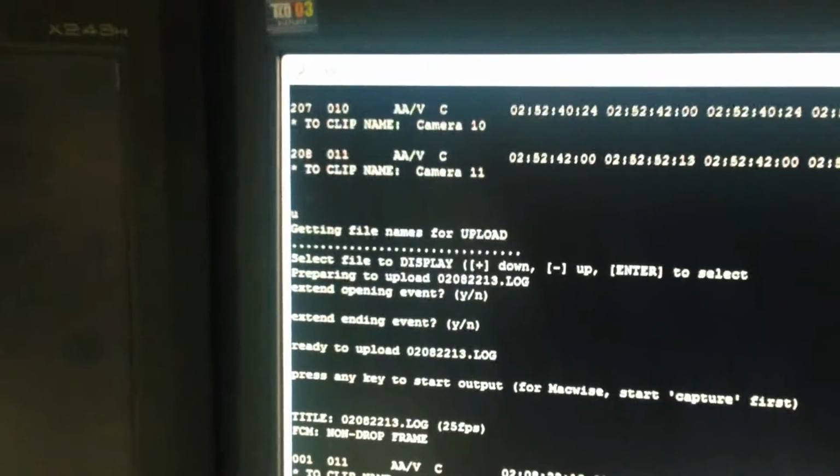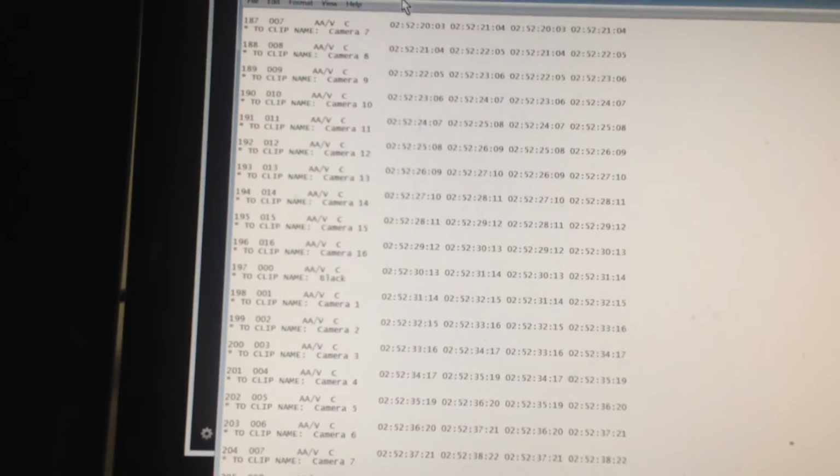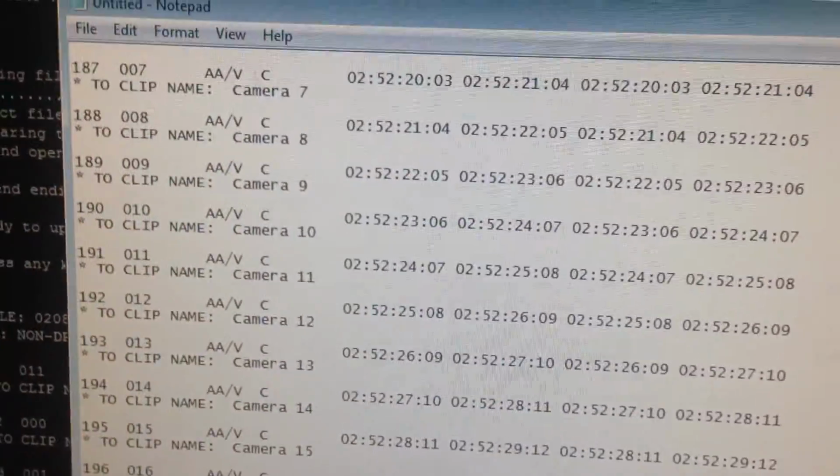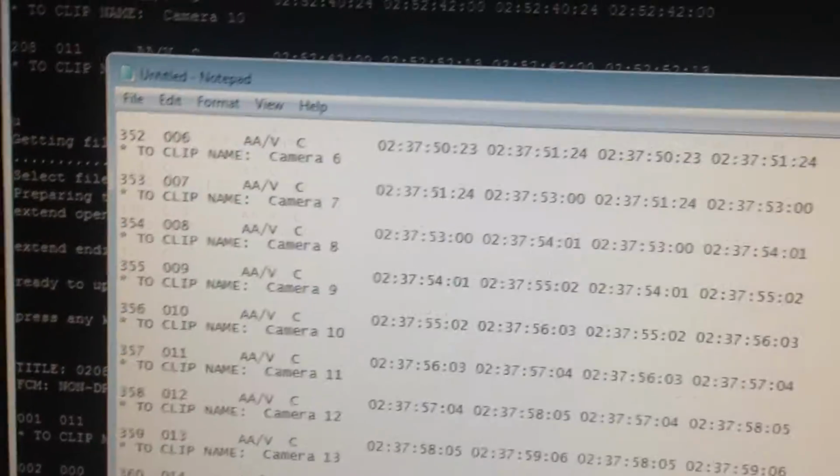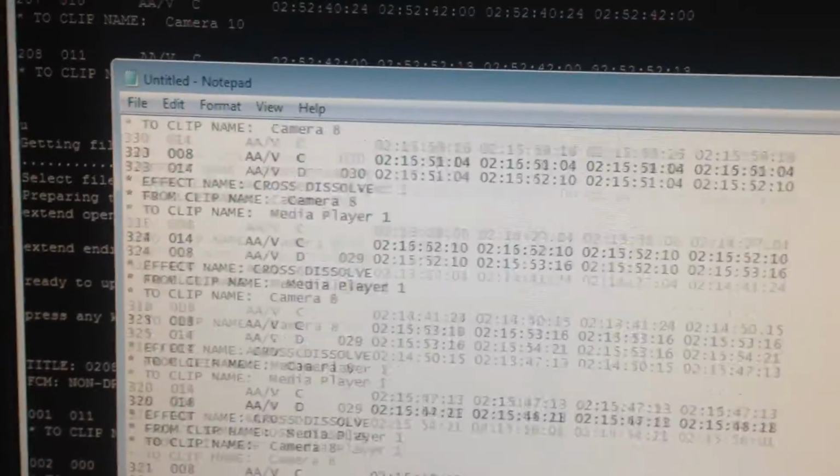And now we're going to open up a notepad. I'm just going to open up a blank notepad here. It's up the top there, and up in here I'm just going to paste. And now I'm going to bring that back down here again so my arm doesn't get tired out. And now all those events are in Notepad,